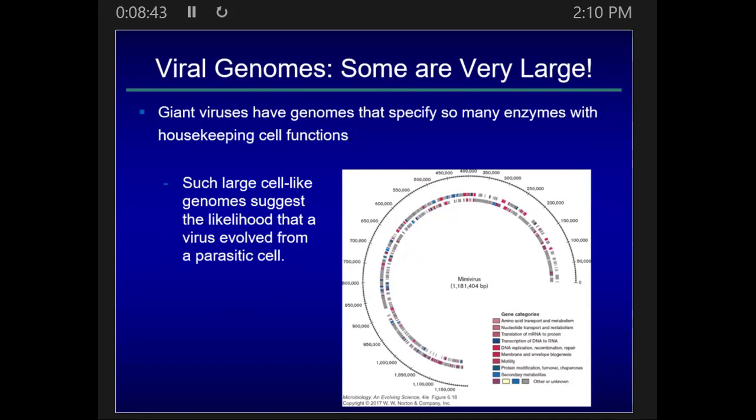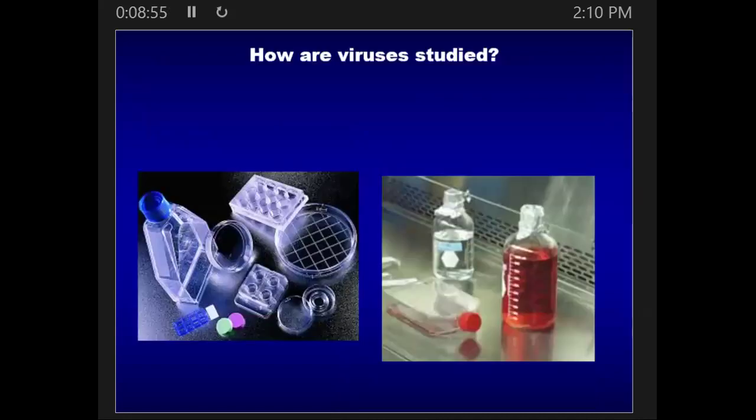So interesting questions going on right now in the world of virology on how they fit in to the evolutionary trajectory. So I'll talk a little bit more about that, but first let's just get into some other basics of